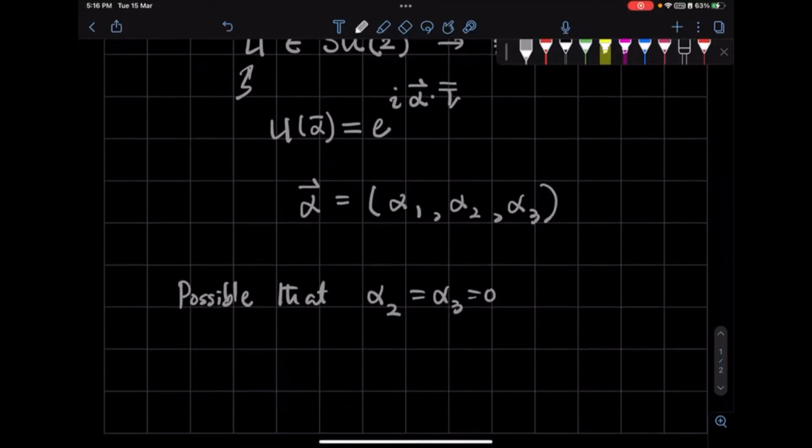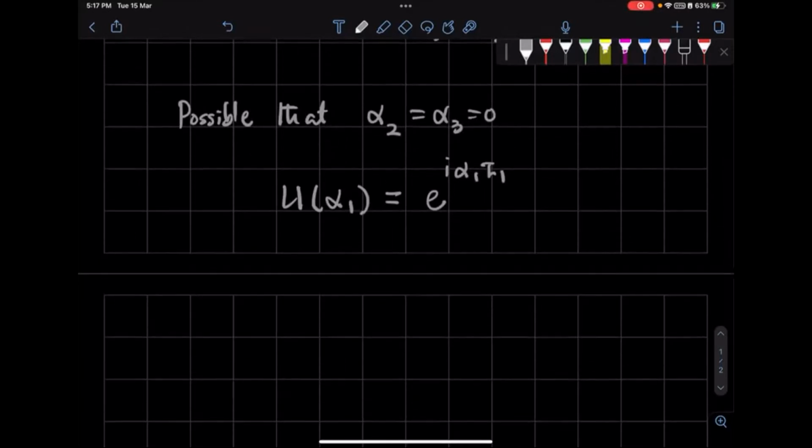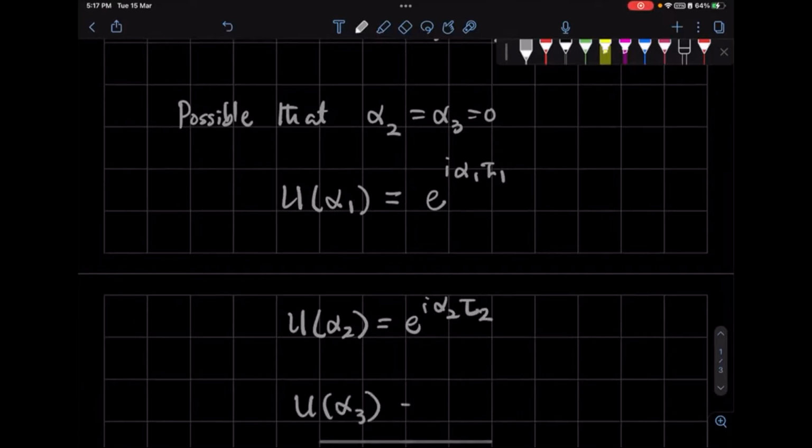In that case, we have just our matrix depending on alpha 1. In that case, this equation becomes e to the i alpha 1 tau 1. Similarly, we can have U of alpha 2 as e to the i alpha 2 tau 2, U of alpha 3 as e to the i alpha 3